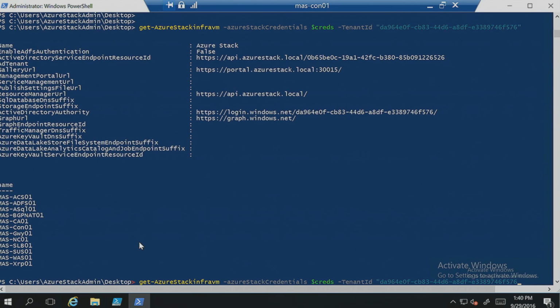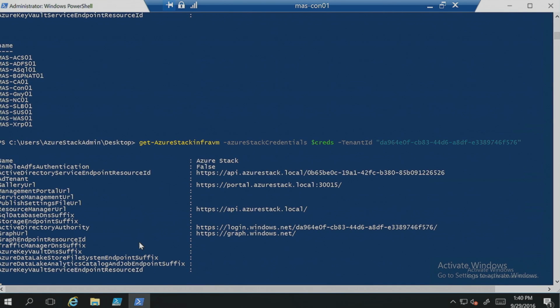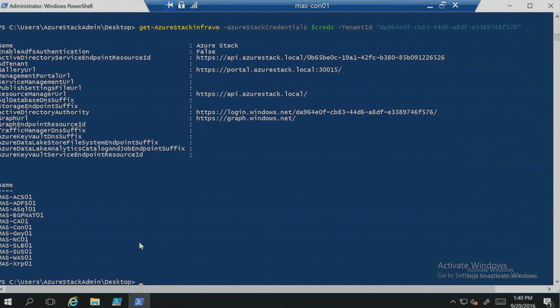For example, returning Get-AzureStackInfraVM. We're passing on a credential object and specifying the admin ID, and it will return you all the infrastructure VMs.